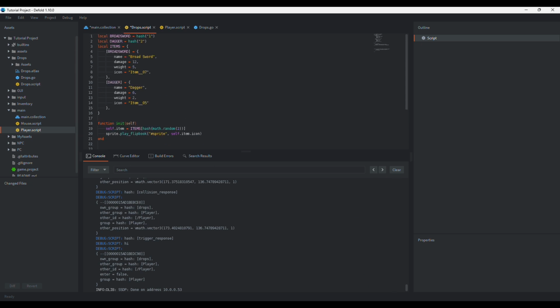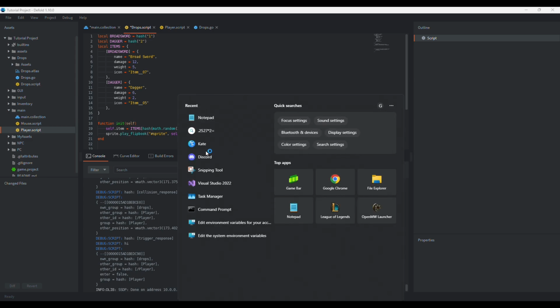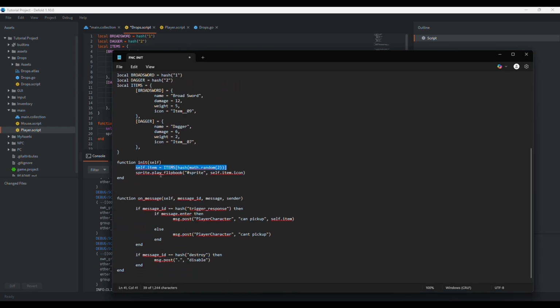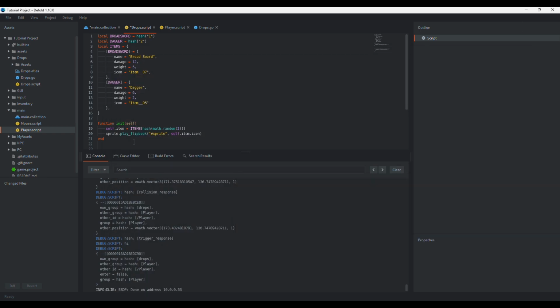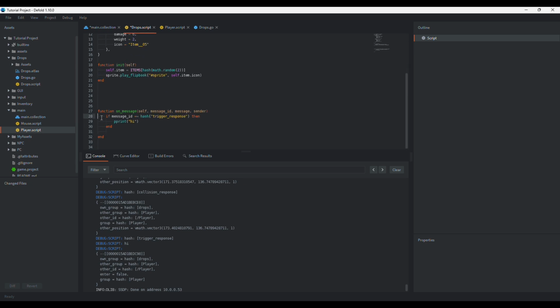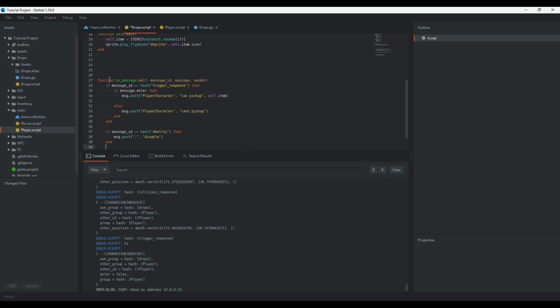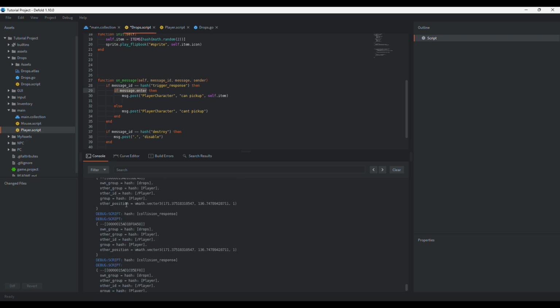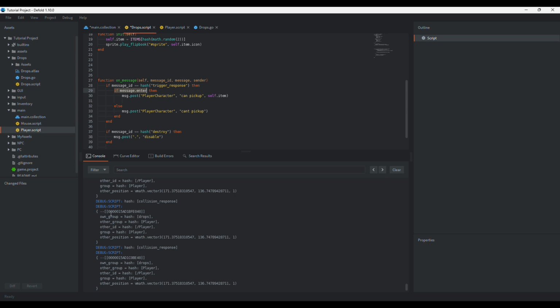The next thing we're going to do is, let me just open up my notepad again. So we need this, we're going to post messages to the player to tell the player what object it is, and we're going to assign that to a variable in the player. So we're going to say, if message ID equals trigger response, then message in the message is msg.enter. So whenever the trigger response equals enter, so message.enter,